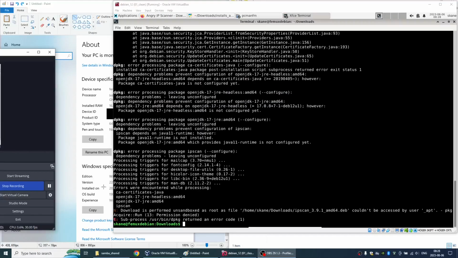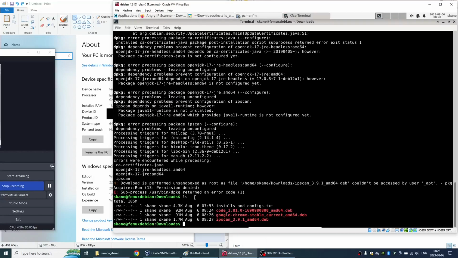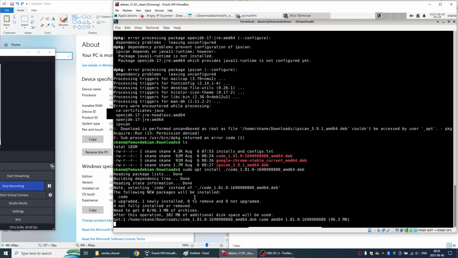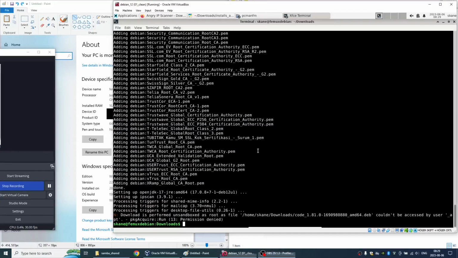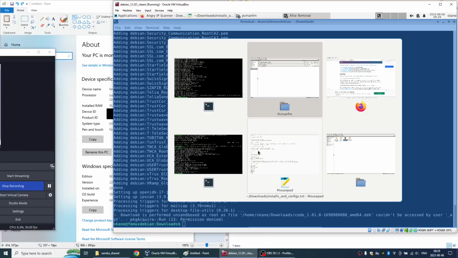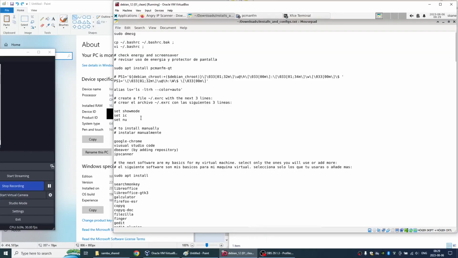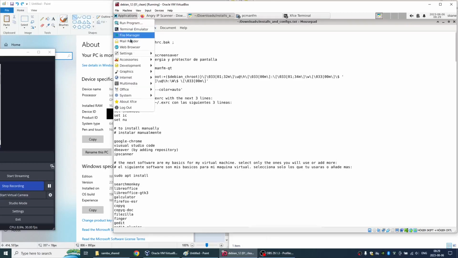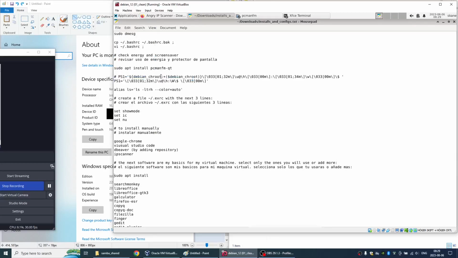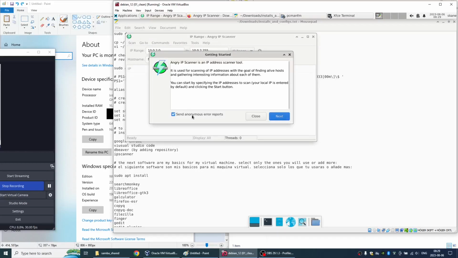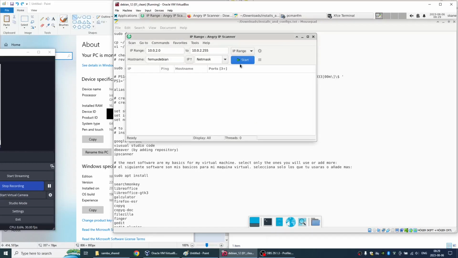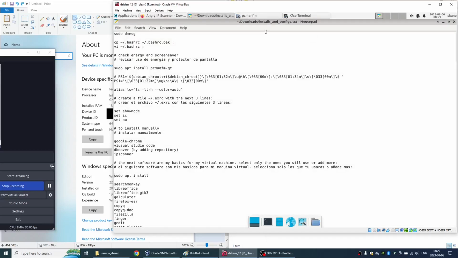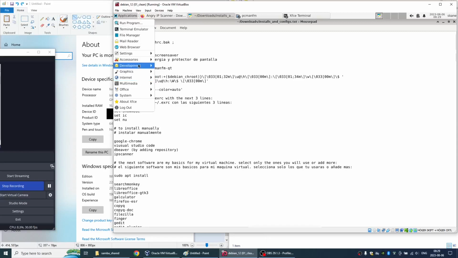We got some error dependencies for the IP scan, but let's see if we can open it later. Let's continue installing Visual Code. And I will install these other packages that are on the Debian repositories. But let's take a look first if IPScan can be opened. Yeah, it can be opened. I will check later if it works, because we had some dependencies failures, but